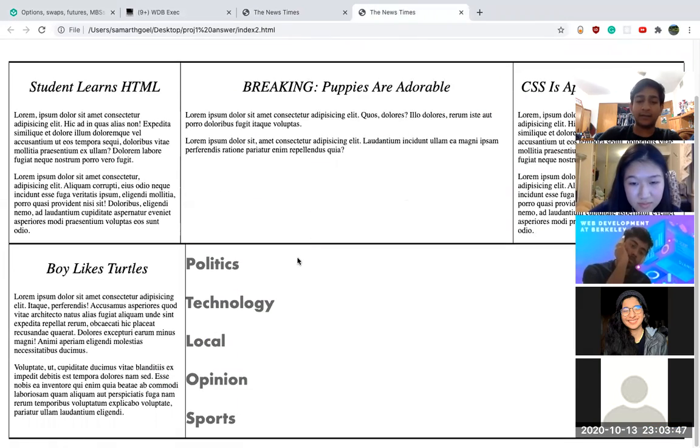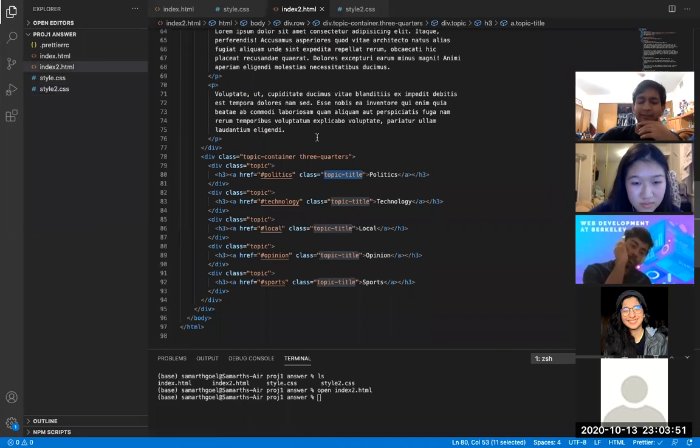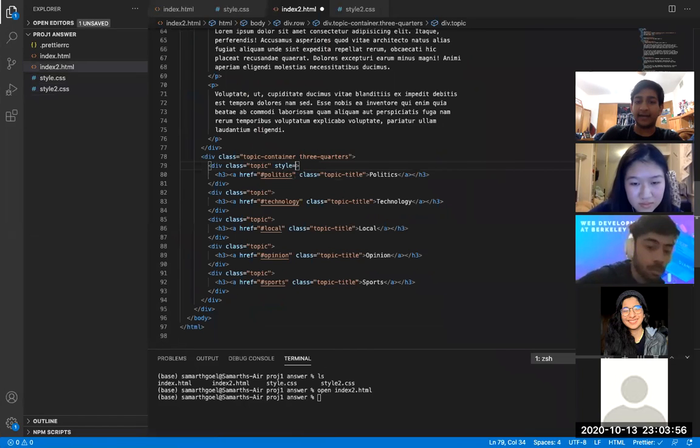Okay, it's a lot better, though these do have background colors. So let's figure out how to deal with that. There are a couple of ways you could do that. Because these only appear once, it wouldn't be a bad idea to say style equals color. However, just for the sake of scalable architecture, we'll define these as classes. The reason you'd want to define classes is, let's say you reuse the colors for politics or technology or whatever, which you probably would if you're making a full news site. You wouldn't want to copy and paste color everywhere,